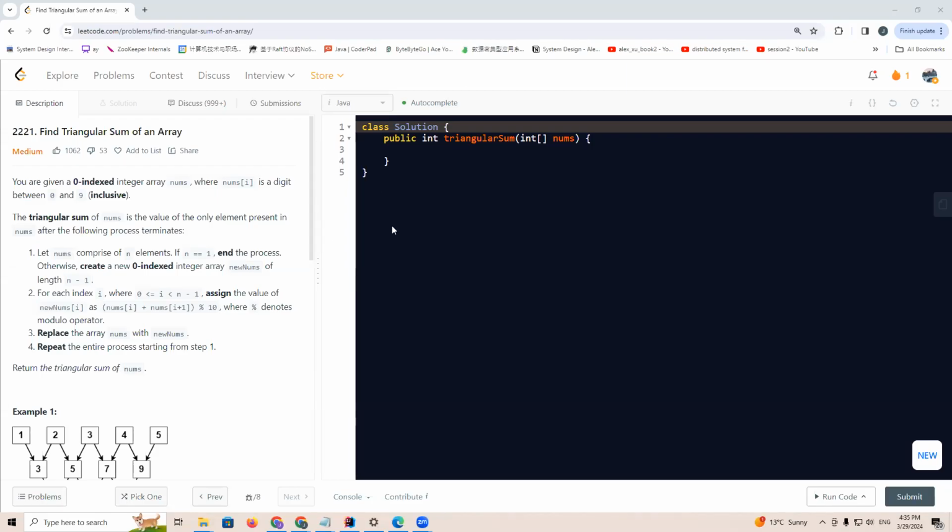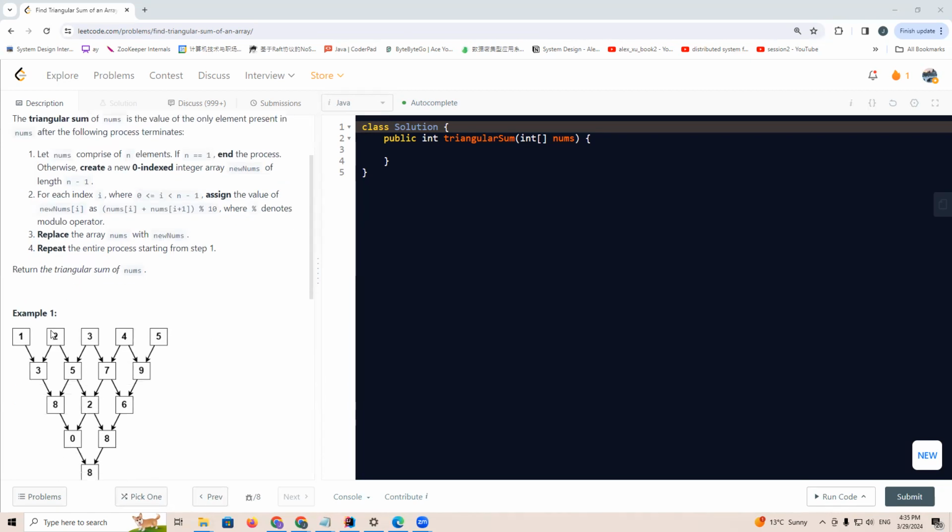Let's go through LeetCode 2221, Find Triangular Sum of an Array. For this question, we're given a triangle, and nums is an integer array. We sum adjacent numbers: 2 and 3 sum to 5, and this number sums to here, and this number sums to here, and then after we have this new array,